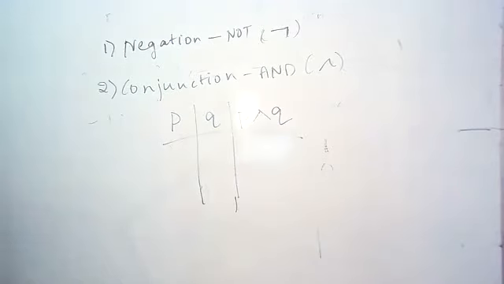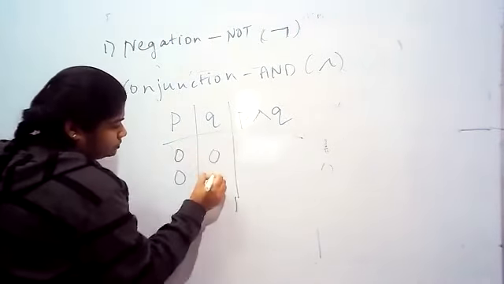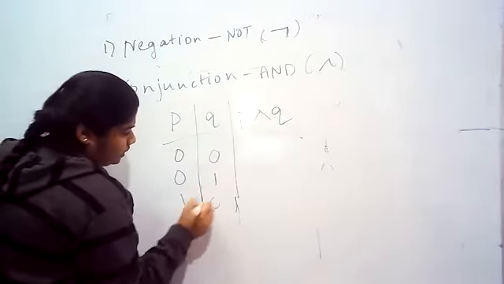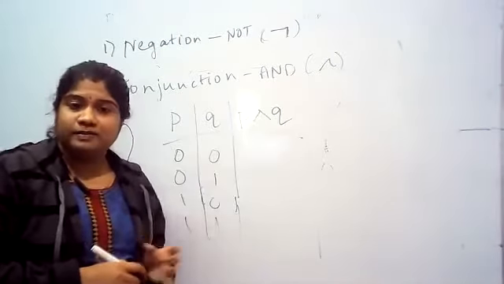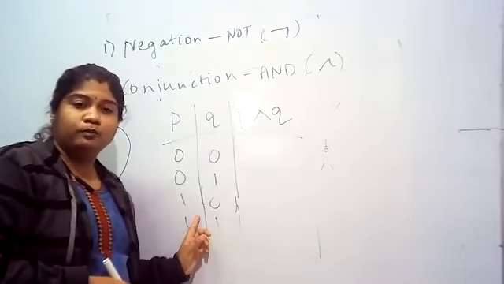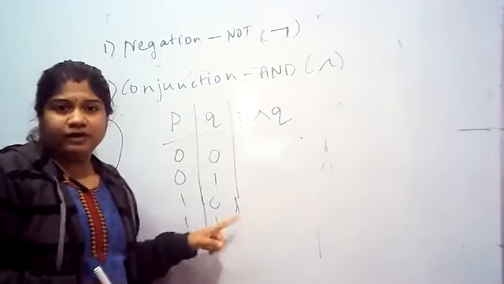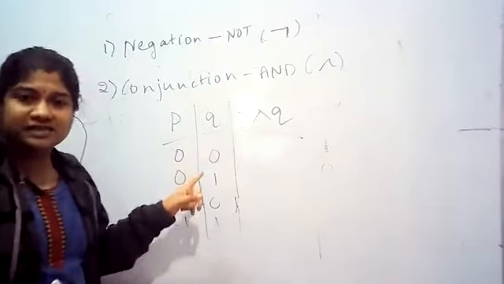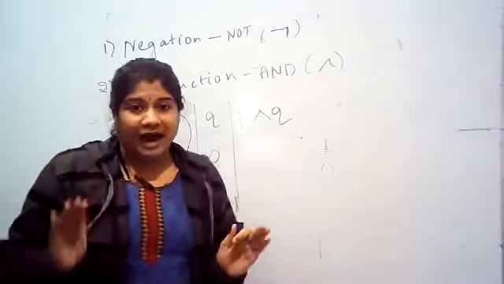So what is actually the AND gate? What does AND gate logic tell here? When I take 0,0; 0,1; 1,0 and 1,1, the AND gate logic basically tells that the result will be 1 only when both propositions P and Q are 1, whereas for all the rest of the cases it will be 0. That is the basic logic of our AND operation.